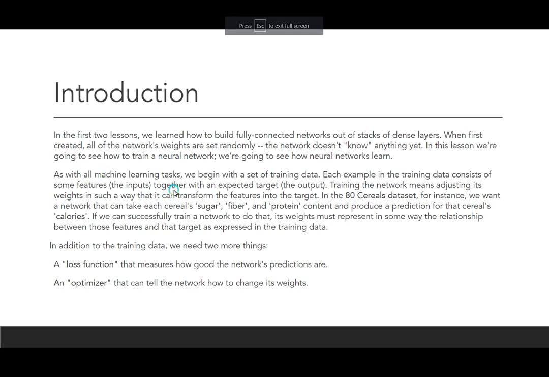So as with all machine learning tasks, we begin with a set of training data. Each example in the training data consists of some features together with an expected target. So training the network means adjusting its weights in such a way that it can transform the features into the target. For example, if we have the 80 cereals dataset, we want a network that can take each cereal's sugar, fibers and protein content, for example, and produce a prediction for that cereal's